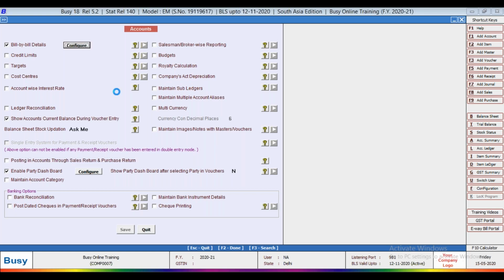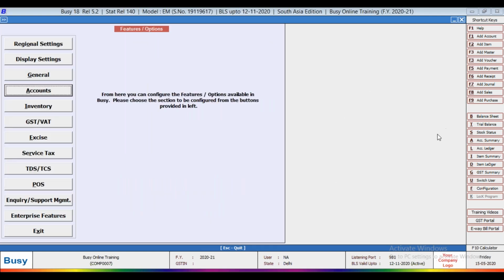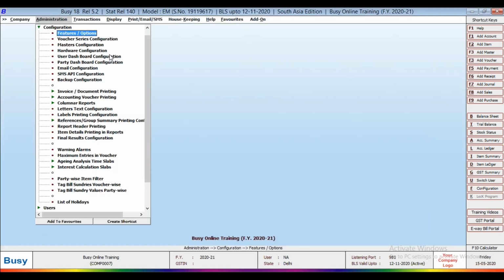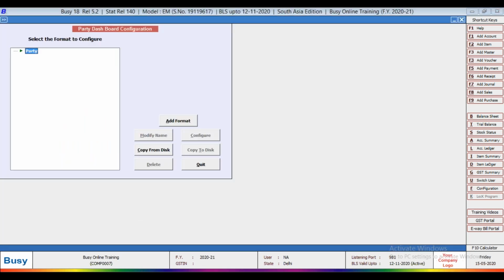Save this option. Configuration, party dashboard configuration. It will show you a standard format.